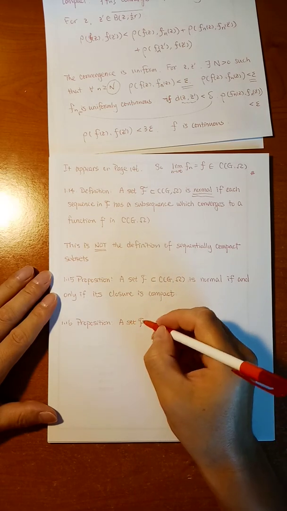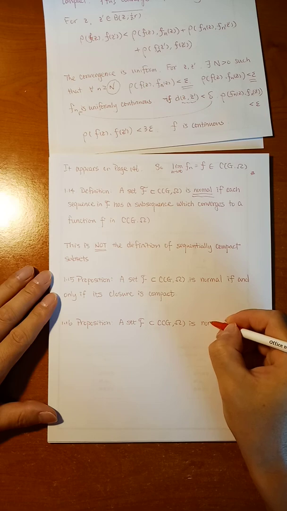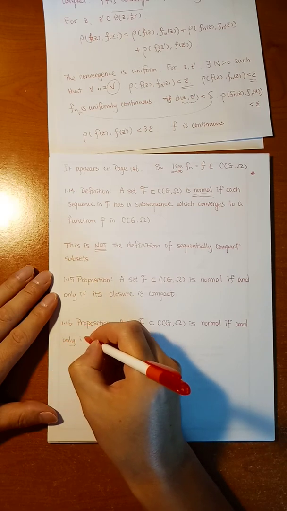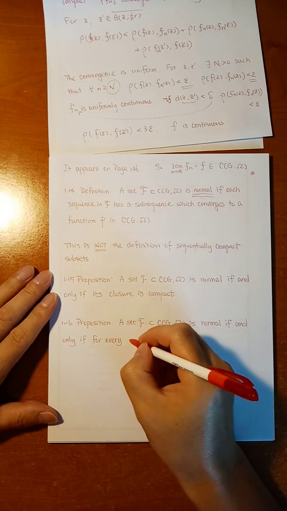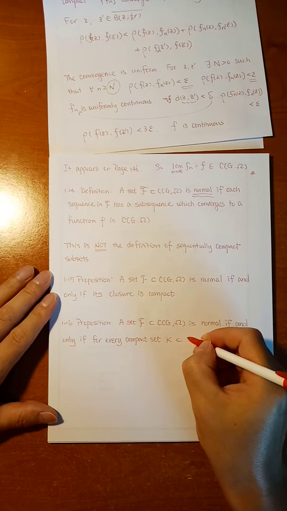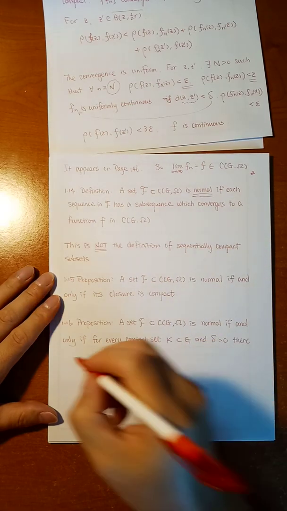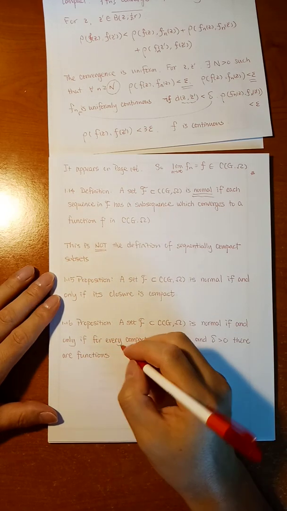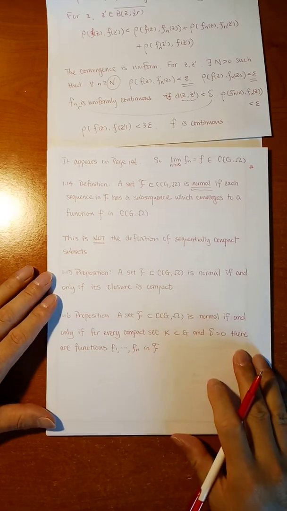A set F in Cg omega is normal if and only if for every compact set K in G and delta greater than 0, there are functions f1 up to fn in F such that